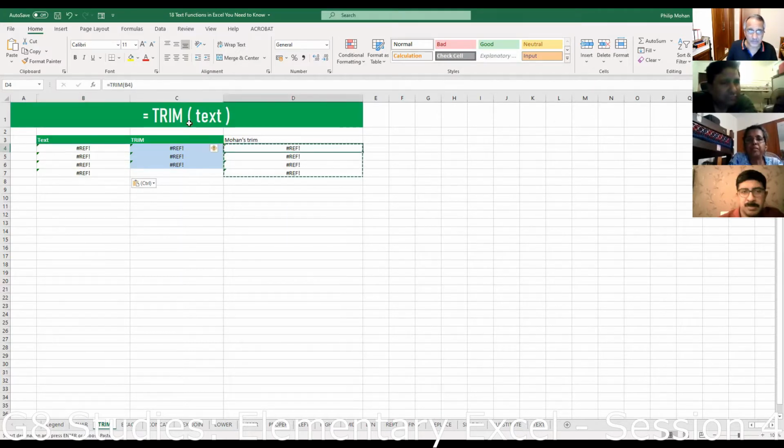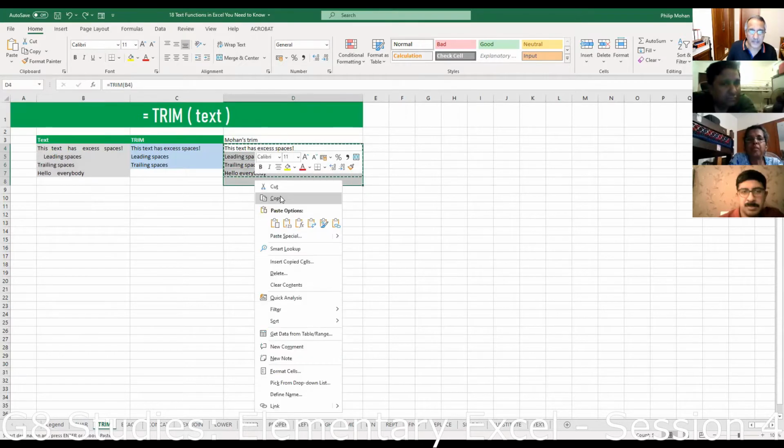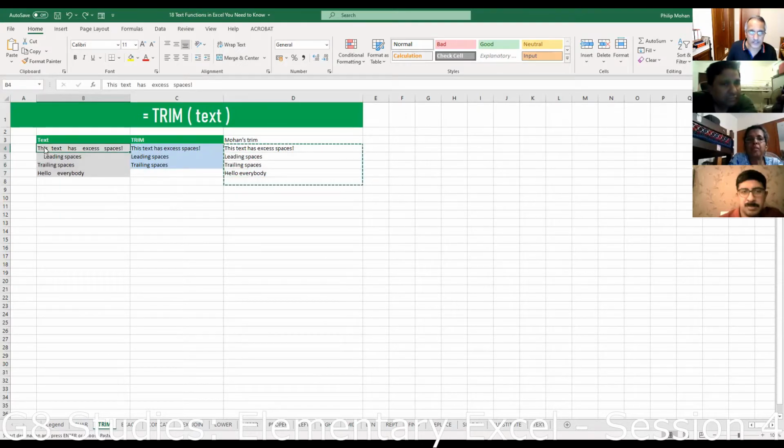If you remember, this one was trim B4, which is C, D, 2 columns away. So this will go proportionately to the left, and it's running out of columns. So that's why it's giving an error. Okay. So that's not what I want. Let me just undo it. What I need to do is copy this. Okay. And paste what is called values.